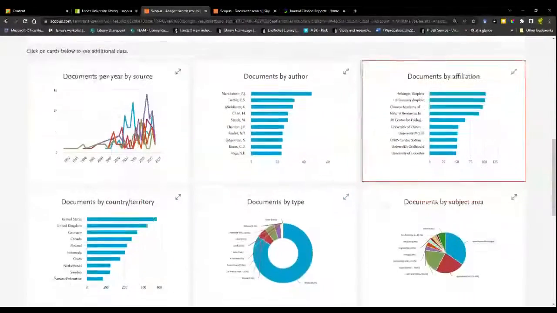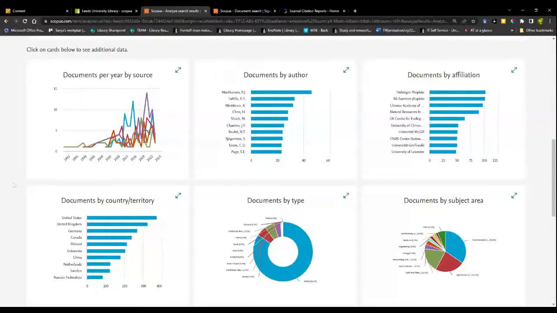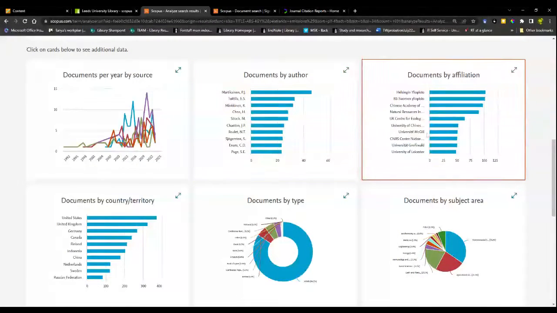But if we scroll down, we can see these cards which give us a link through to more data. So an interesting one here is the number of documents per year by source. We see documents by author. So again, this is a visualization of that information we saw on the previous screen. We can also see the documents by affiliation. So these are institutions that are publishing in this area. And this can give you a really good indication of the locations of this research and the groups that are